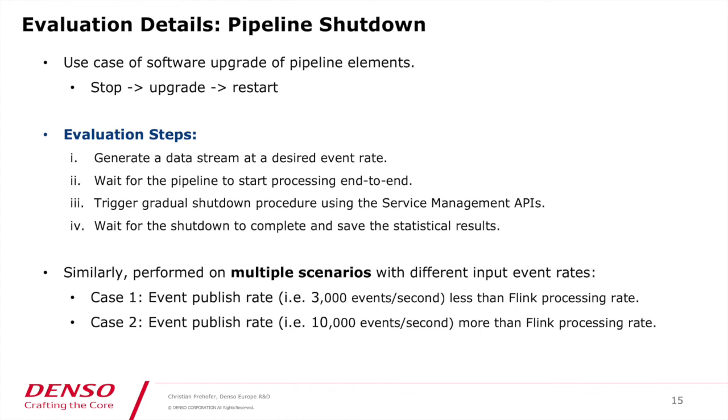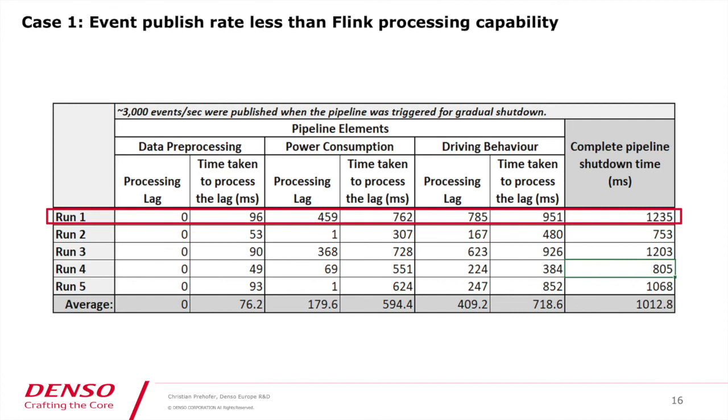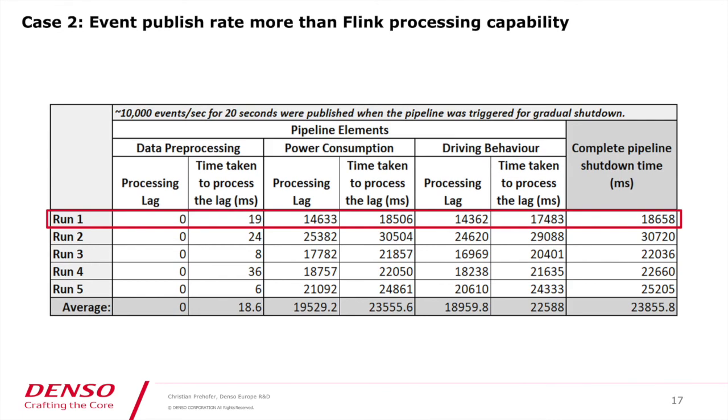So again, we have done some experiments with different event publish rates. In case one, where we have 3000 events per second, we ran 5 different runs and noted the complete pipeline shutdown time, and we can see that in this case the pipeline shutdown time is around 1 second. But if we now increase the event rate to 10,000 events per second and again compute the complete pipeline shutdown time, we can see that in this case we are taking around 20 seconds to shut down the pipeline